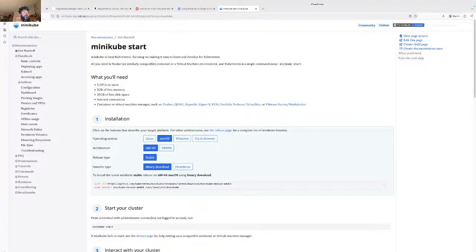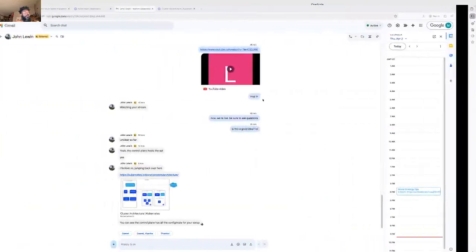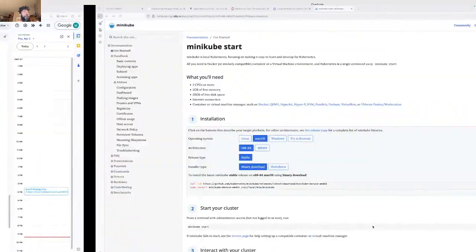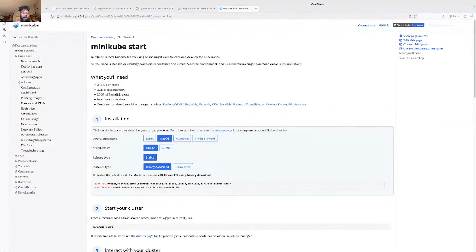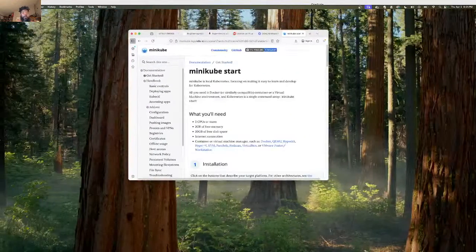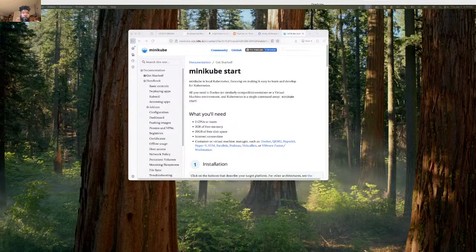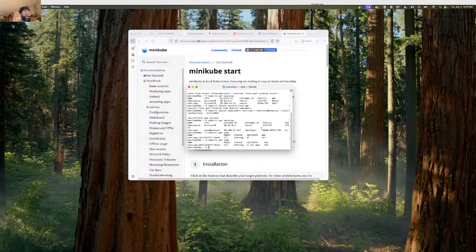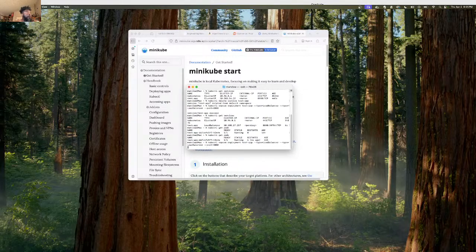Let me pull up my container so I can show what I did, so if you want to follow along, you can do that as well.